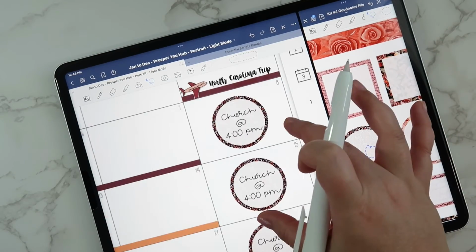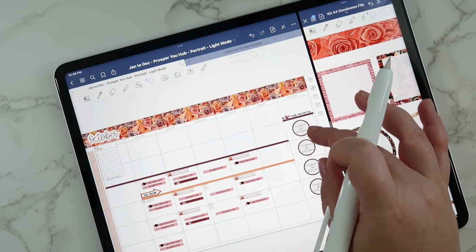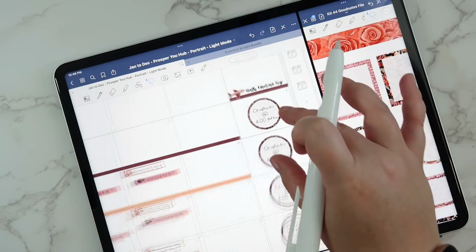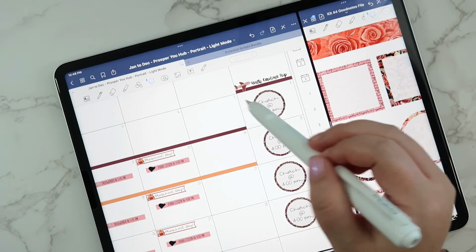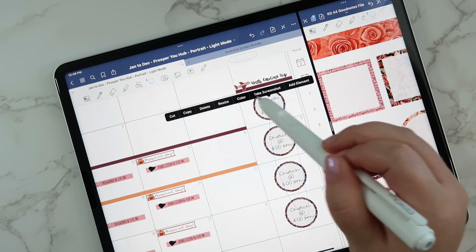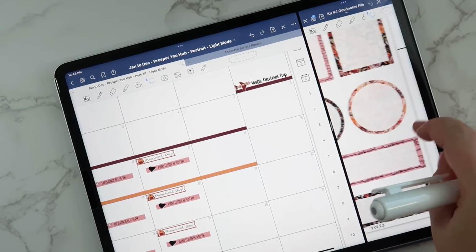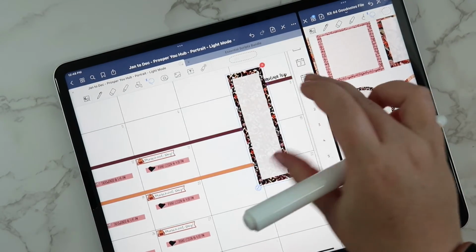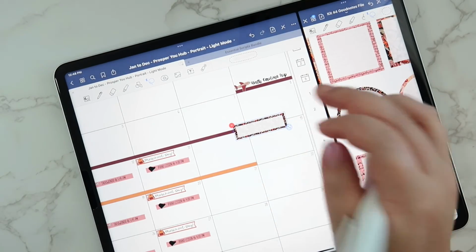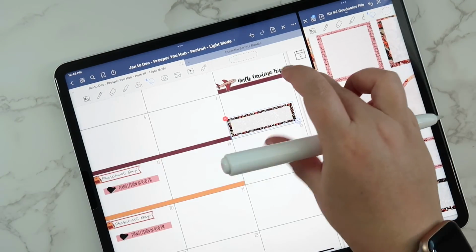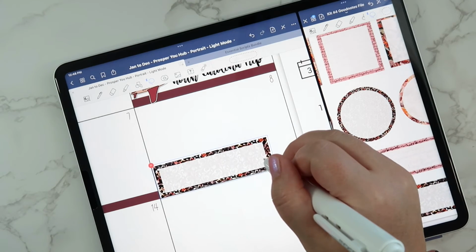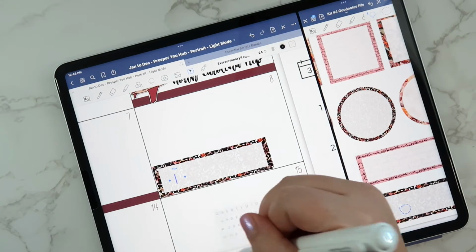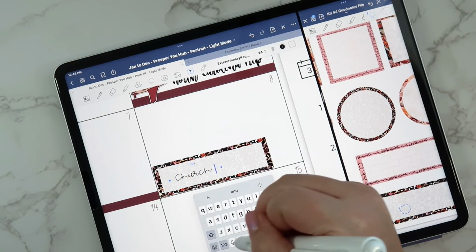And in fact, I don't know if I want the circles. Maybe I want to do rectangles. I don't know, I'm just not really digging the circles. So yeah, I think what I'm going to do is I'm going to just delete that. And we'll do the same pattern, but I'll do rectangles, that way I'll have a little bit more space too in the Saturday box, because I don't really know when we're doing that kind of stuff. So I want to have space for it. And then we'll just do church